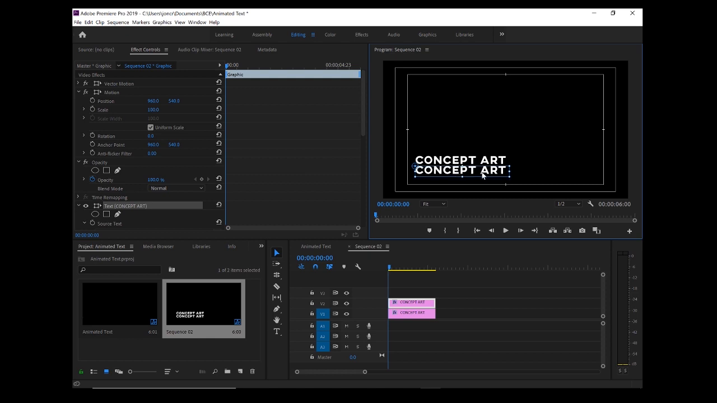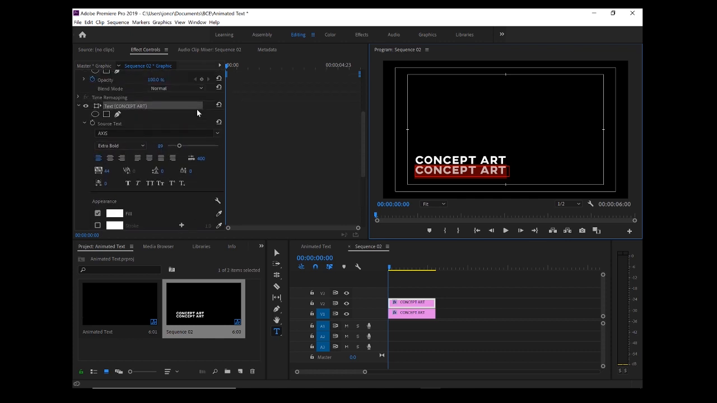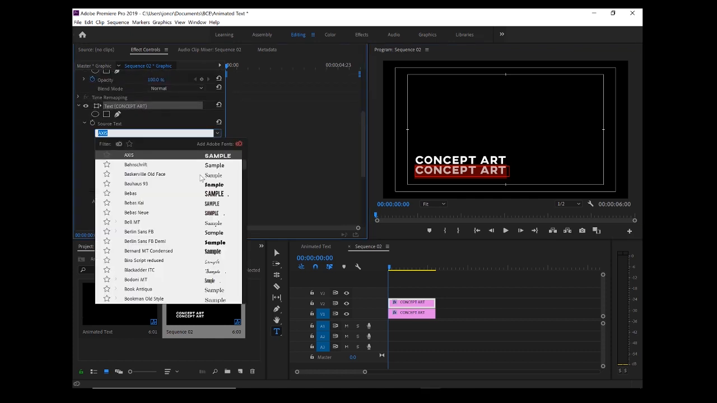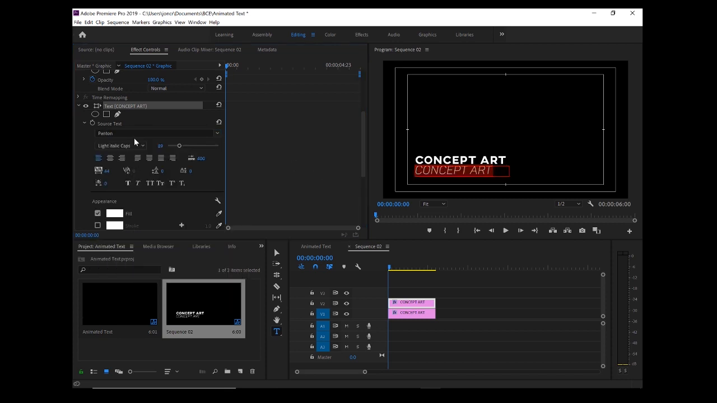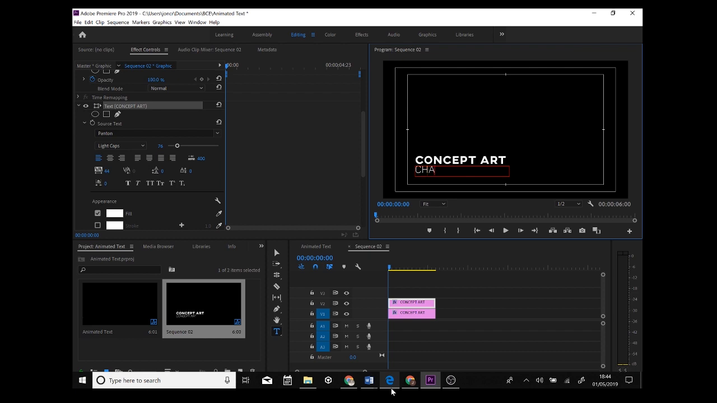Okay, cool. So let's change this font to something a bit lighter. So again, I'll just move down here, and instead of Axis, I'll go for what I had before, Pantone. And I'm going to change it to just light caps. Okay, cool. Let's make it a bit smaller. And I'll call this, just go back on my text tool to select it. I'll call this character